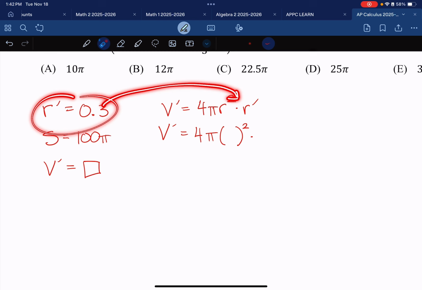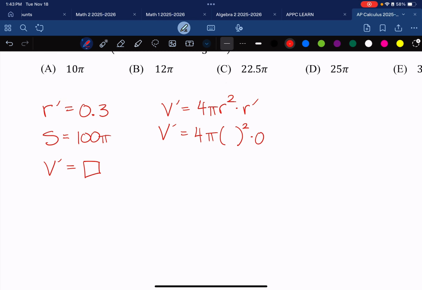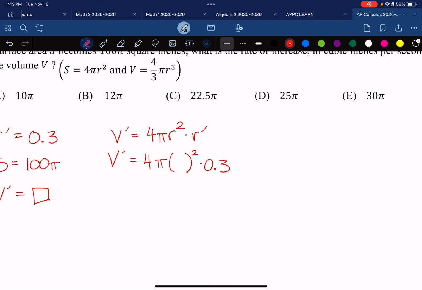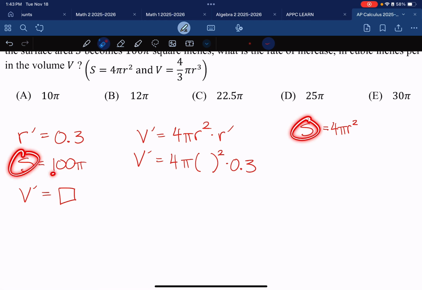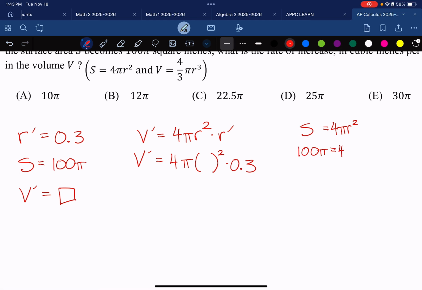R prime over here is 0.3, so I can say times 0.3. The only thing that we need to do now is to find r. Well, I know that I've used this. I haven't used the surface area. So let me go ahead and rewrite our surface area. Surface area is equal to 4 pi r squared. And I happen to know that this S is this S, which is 100 pi. So I can say 100 pi here is equal to 4 pi